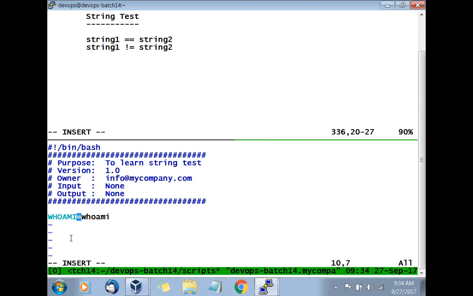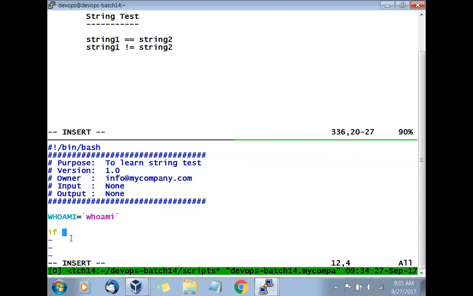We have learned this. Remember something. Double quote, single quote, and backtick. So whenever we put the command in the backtick, what will happen? It will execute it. And then whatever the output is there, it will go to the variable. So I'll go with the backtick. Not here, here, here. So what happens? It will run the command whoami, and then whatever the output is there, it will give to the variable. Now we will use this variable and do the comparison.